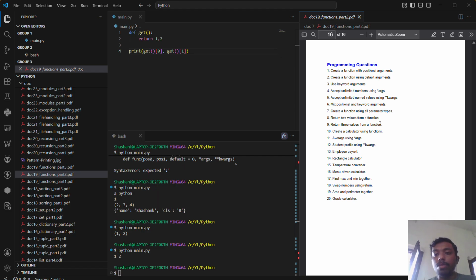After this, we have some questions like this. You can solve them on your own. It is just like the previous one, but we have tried with arguments and keyword arguments. So that's it for this part. And our next part is